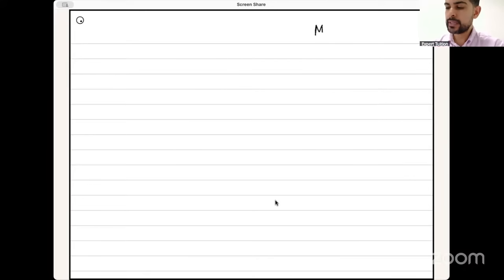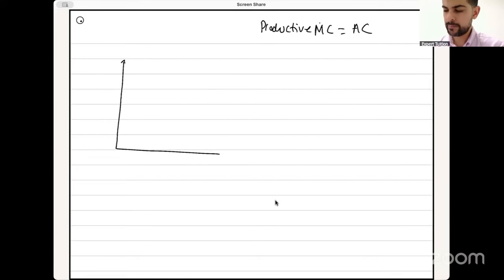And the rule is MC equals AC. You should know that when MC crosses through the AC curve, it is always at the lowest point on the AC curve. So that is productive efficiency. And the thing about productive efficiency is that if I'm operating at the lowest point on my AC curve, if I draw it out really quickly, like that,